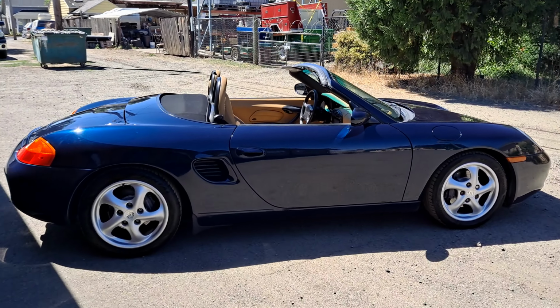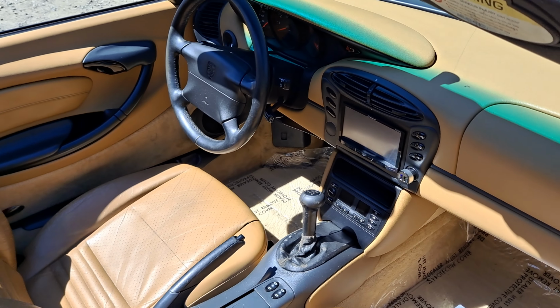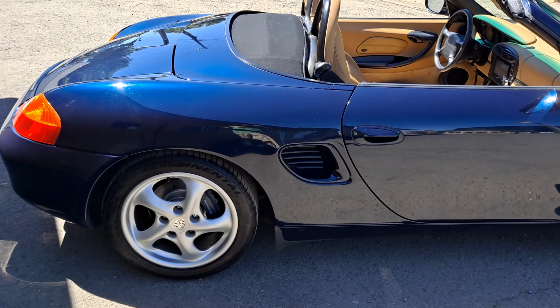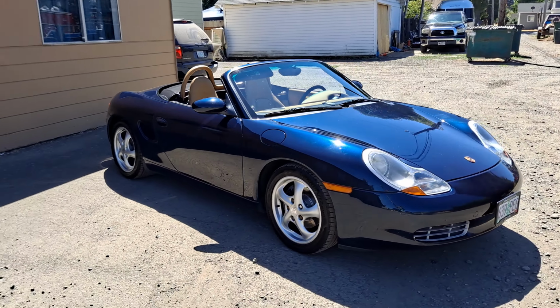Pretty cool little car. It's a 2.5 liter 6-cylinder with a 5-speed manual transmission, and it is a mid-engine car, so all the weight's back here. It's got a trunk and a frunk, and then they squeeze the engine in between. So, anyway,